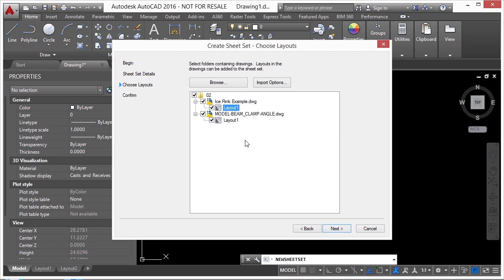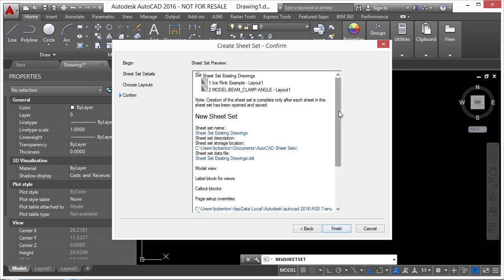Now you can only attach Paperspace tabs to your sheet set. This tells me the file. This tells me the name of the Paperspace tab that's there. Now, if your file has multiple Paperspace tabs, that's fine. You can import all of them, some of them, one of them, or none of them. Once this is finished, click Next. This gives you a bit of a rundown or